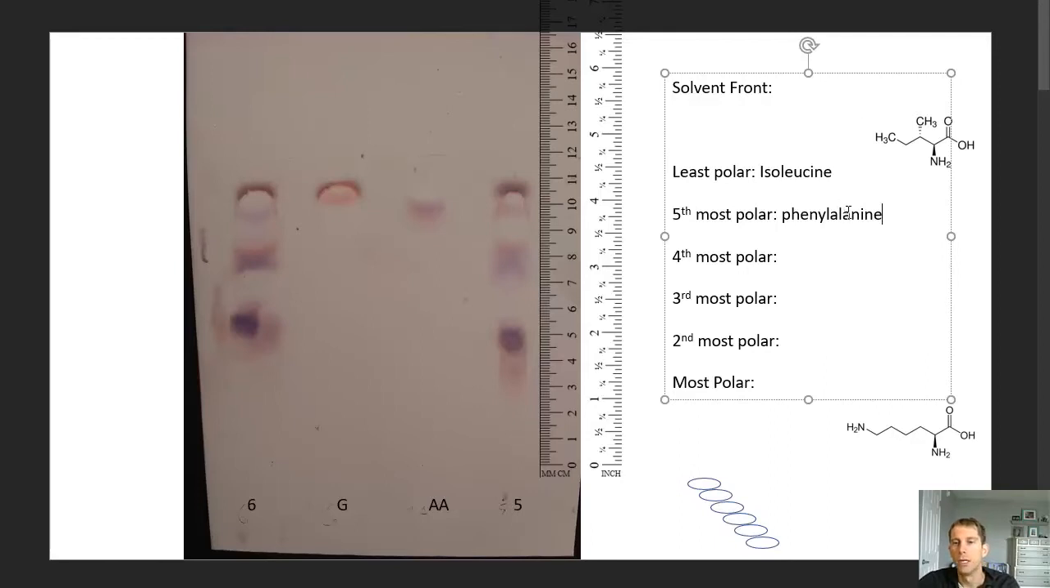And if you need to look these up again, we looked at the structures of those earlier in the video, so feel free to go back to that if you need a little bit of review. But we have our isoleucine drawn here, which is the least polar, and our lysine drawn here, which is the most polar. Now, I do want to basically talk about all of them in order